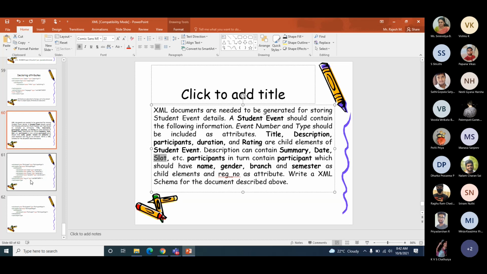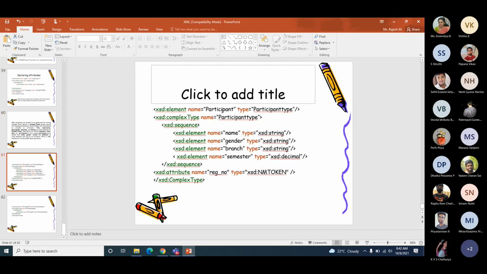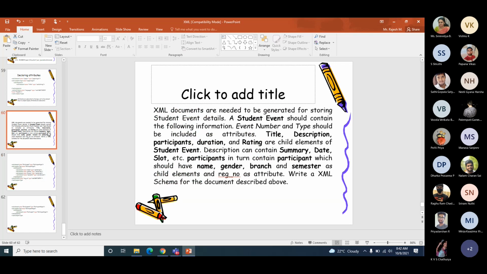So declare type equal to description type, complexType name equal to description type, and then the sequence alone. There are no attributes specified here for description. So declare those things and finish off. Then that will complete the description part.